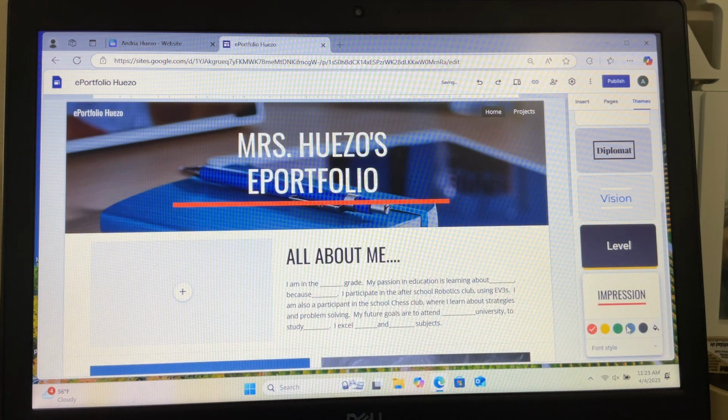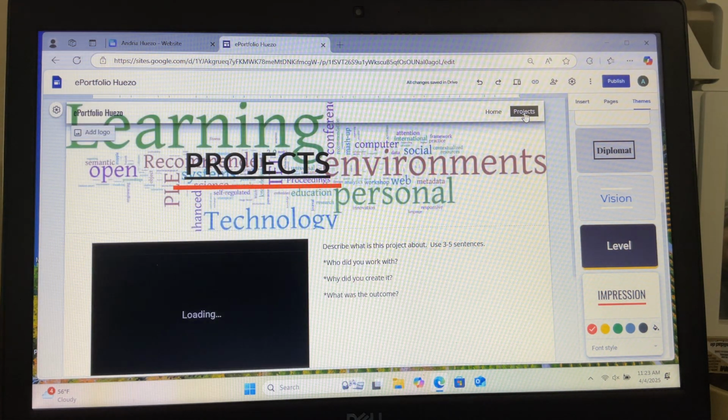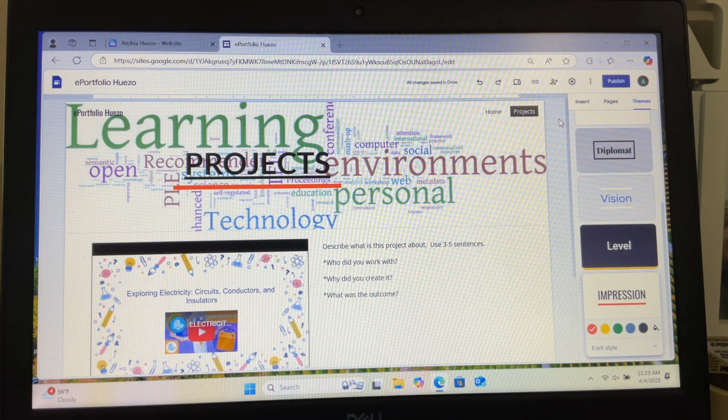I personally like this one because it underlines my name, but I have to check my other tab to make sure it looks good too. Yeah, it looks good there too. So